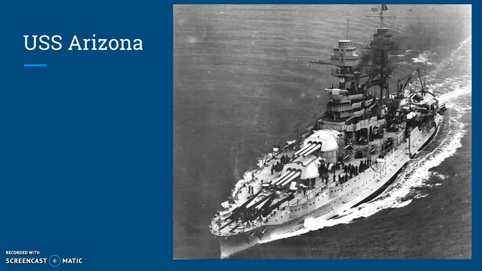And the biggest impact that came out of Pearl Harbor and the biggest memory was the USS Arizona. As you can see it functioning over here on the right. Huge ship carrying a lot of people. You can see a ton of people on board. The Arizona was bombed at the front of the ship, which was holding roughly 1 million pounds of TNT. This obviously caused the ship to explode, and the ship sank in just a few minutes. Almost 1,200 men were killed on the Arizona alone because of the explosion and the rapid sinking that followed. And the Arizona really became the symbol of the Pearl Harbor attack because of this massive loss of life.